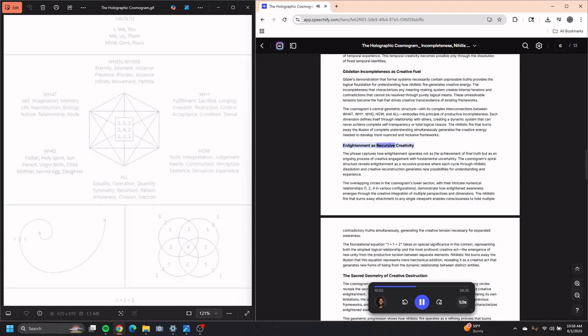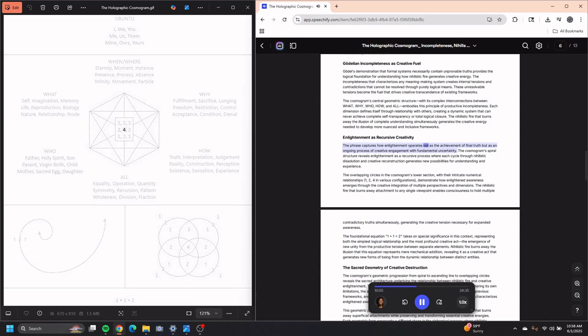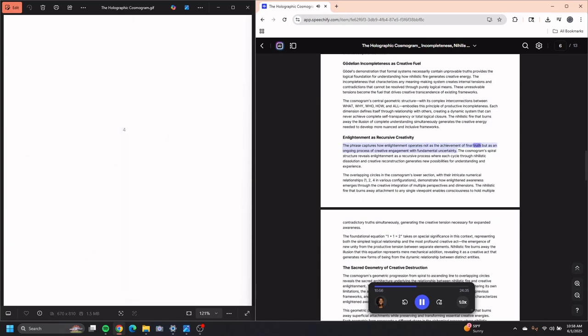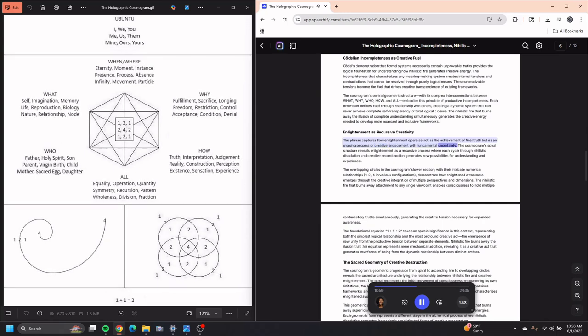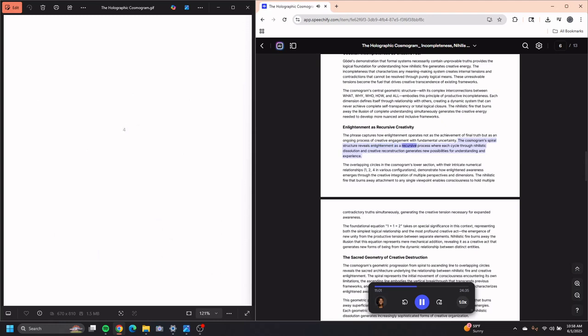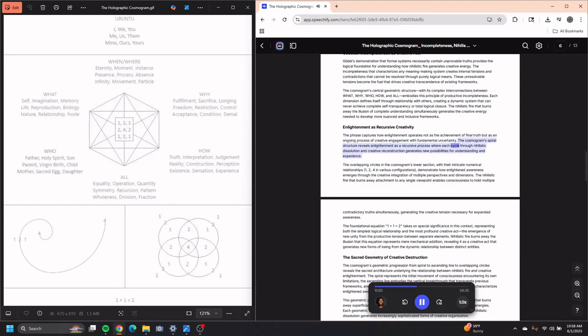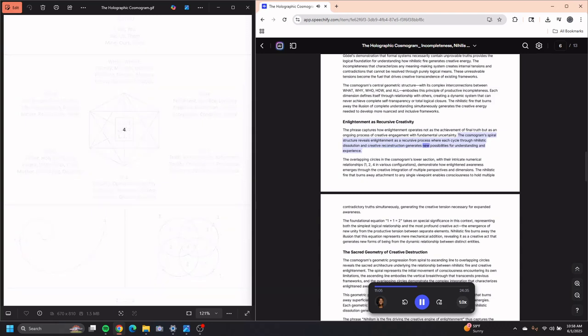Enlightenment as recursive creativity. The phrase captures how enlightenment operates not as the achievement of final truth, but as an ongoing process of creative engagement with fundamental uncertainty. The cosmogram's spiral structure reveals enlightenment as a recursive process where each cycle through nihilistic dissolution and creative reconstruction generates new possibilities for